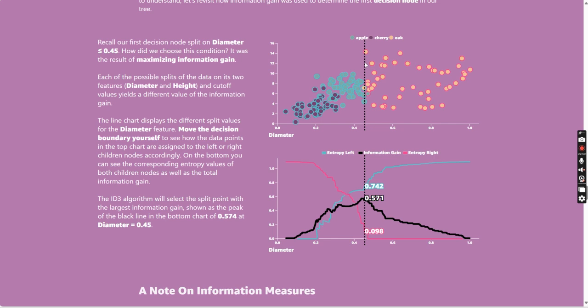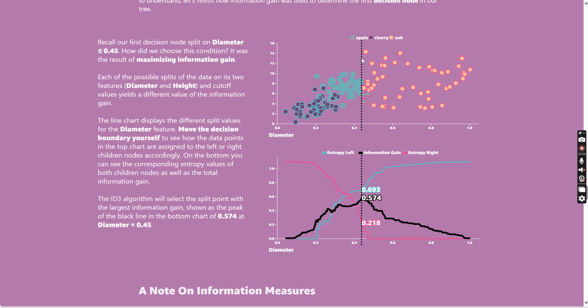Now notice the entropy level here, which is your green line in the below chart. It's 0.889 and information gain is 0.464. Now notice information gain is still increasing. At this point information gain was highest. Did you notice information gain? And the entropy is